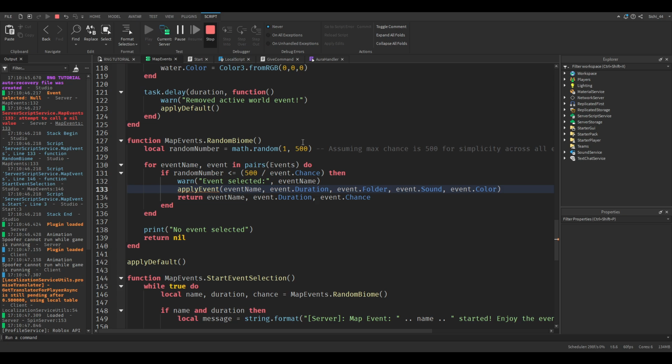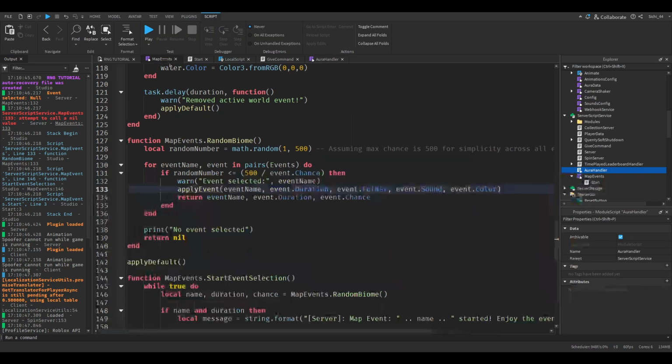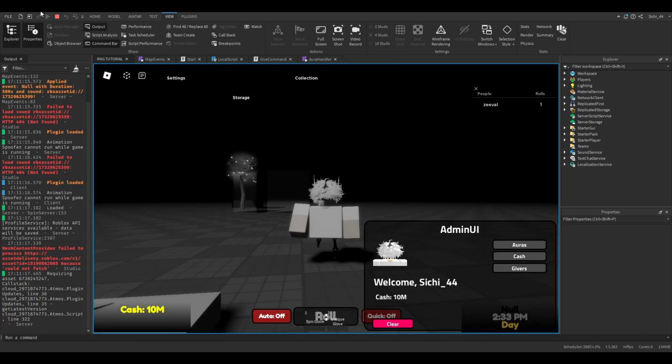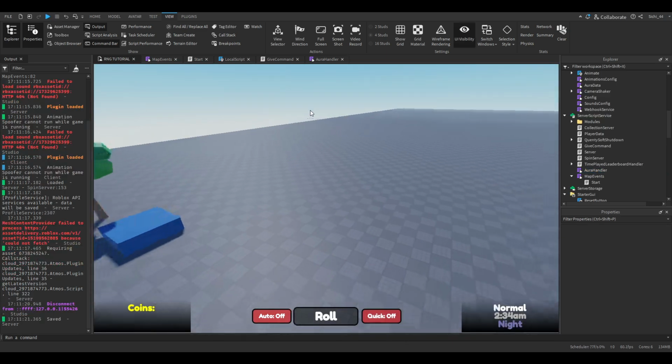Oh, yeah, I forgot. Here we have to put the map events back. So go back here and then put MapEvents.ApplyEvent. Yes, so in map events line 133, where we put the random biome, make sure you put the MapEvents dot here, and yeah, then this should work perfectly. So now this event is here. That's not supposed to happen. Let me quickly